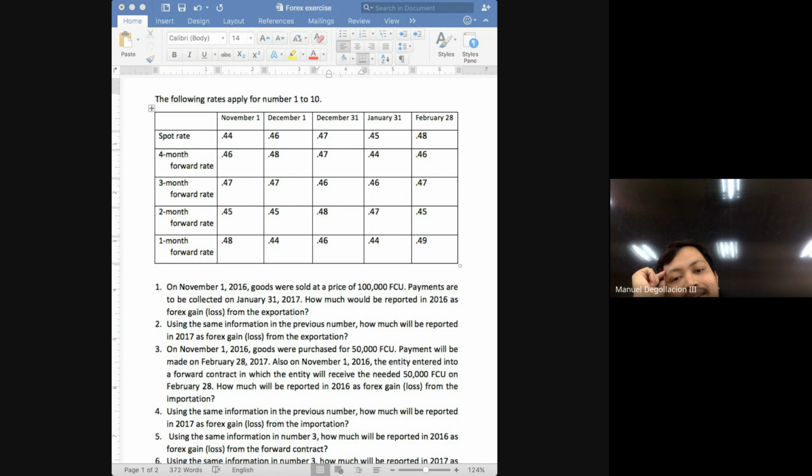Okay? But again, it's possible the problem will give you multiple spot rates because we have the benefit of hindsight, class. Normally, you will only know the spot rate today and the spot rate in the previous periods. Okay? You will not have any idea on the future spot rates. But what will happen in the problem? Every spot rate that will be relevant will already be given to you. So you will end up having to choose. But again, it should not be difficult. If you're recording the importation or exportation transaction, use the spot rate on that date. And what date? The date of delivery.